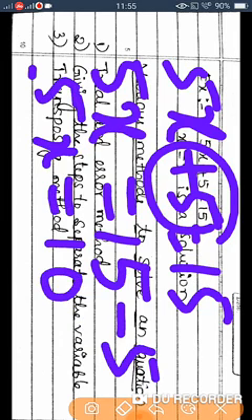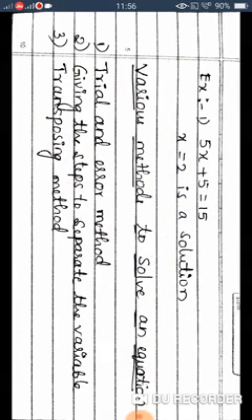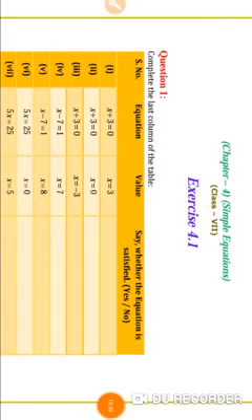Again this 5 comes in; I don't want it here, I only need the x value, not the 5x value. So this 5 is multiplication, so it becomes division. If you transfer it to that side, it is 10 divided by 5. Because it is multiplication, when transferred to the other side it becomes division. This is called the transposing method. I'll continue with the exercise examples now.